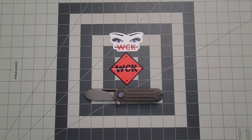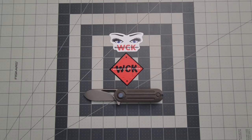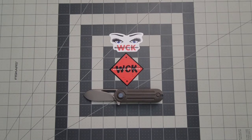Let's do a little bit of a backstory on this one. So going back to 2019, my first knife was the HEA Designs Hunter. And I loved that knife. It was just phenomenal. So this knife actually started...